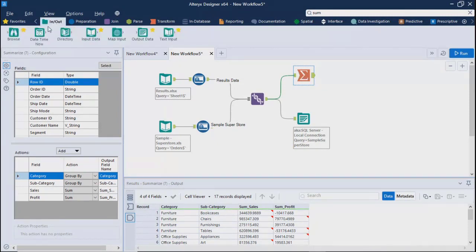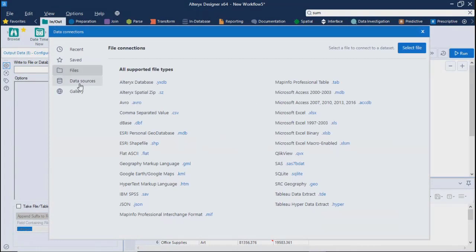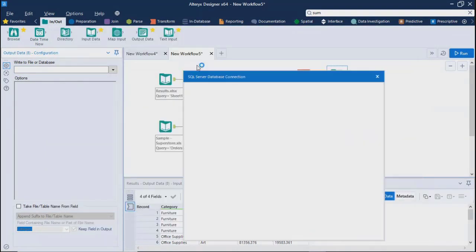I'll go to input output, we'll use output, and store it in the database. Then configuration: we'll do the same thing, we can use the same configuration.